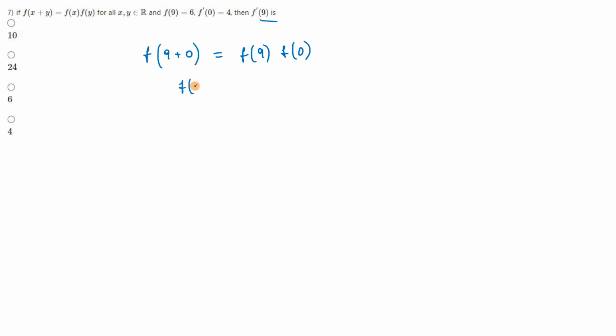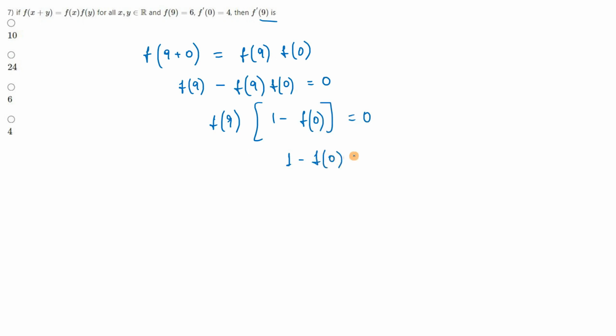f of 9, I'll take this to the LHS, I'll have f of 9 into f of 0 minus f of 9 is equal to 0. Now if I take f of 9 as common, I'll have 1 minus f of 0 is equal to 0. Now 1 minus f of 0 is equal to 0 and f of 0 is equal to 1. Okay, so now